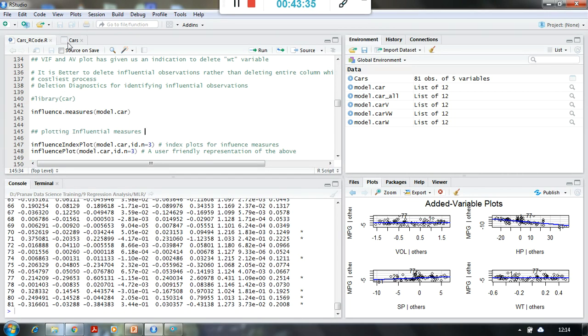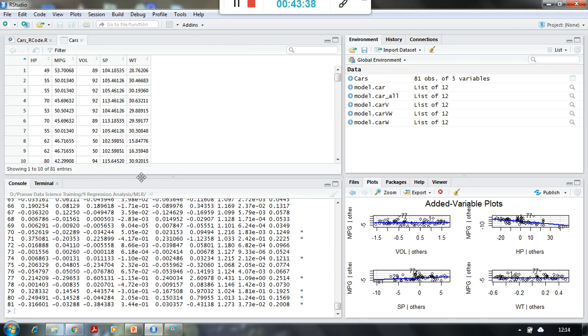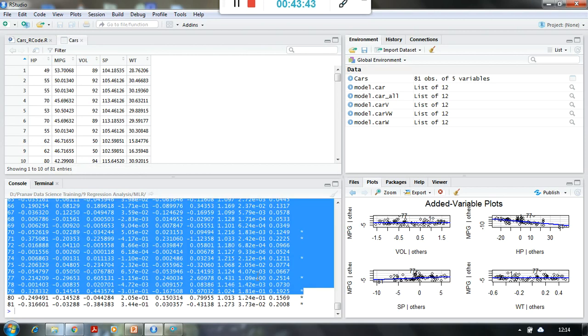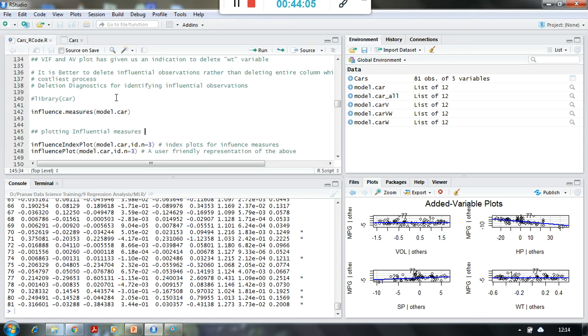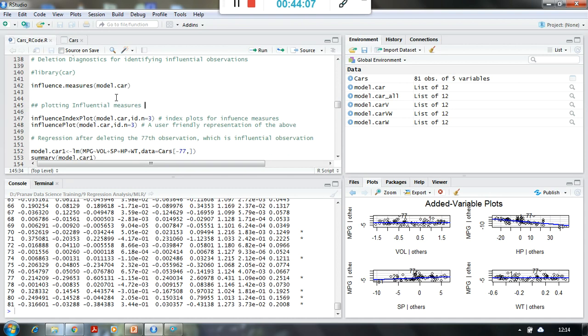So why have we checked this? Instead of missing 81 values, what I can do is delete a couple of observations which are highly influencing, right? And if I do that, then what will happen? Suppose the 9th one was also influencing, or maybe I will delete the 80 and 81 observations. In every observation there are 5 values, so I will miss only 10 values. So data is very important, guys, right? Data is like oil. I don't want to miss much of the data, but still I want to get a better model. That is why we are checking the influencing observations, right?